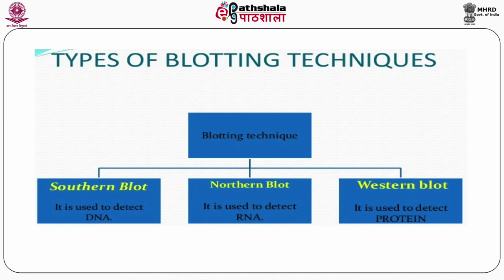Variants can be logically derived. Suppose we have a protein that binds to DNA, so it is a DNA binding protein. DNA is interrogated by Southern blot, and proteins are interrogated with the help of Western blot. If you mix these two together, it becomes a Southwestern blot, which stands for identifying the proteins that bind to DNA. Then you have the Northwestern blot, where you identify the proteins that bind to RNA, the RNA binding proteins. So, primarily these are the main three types of blots, and you will see these variants.